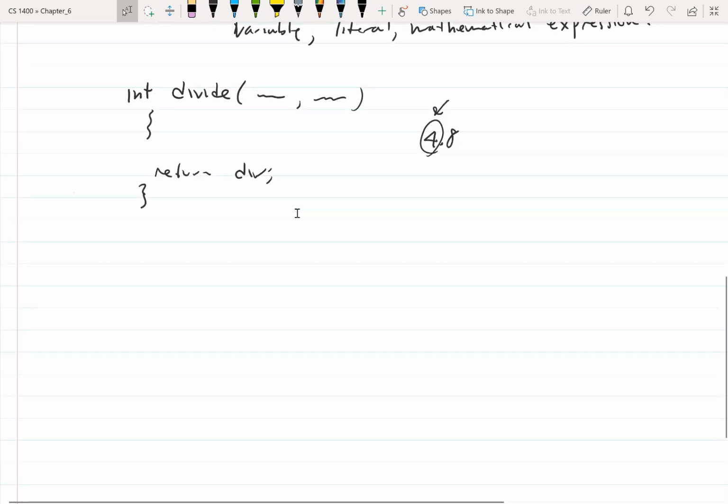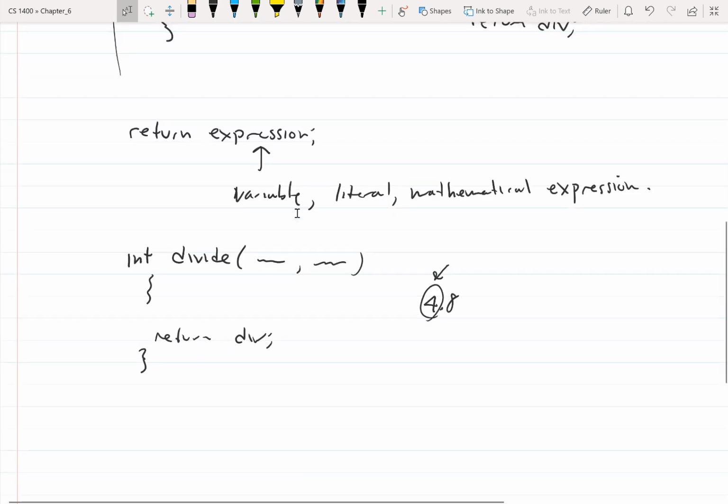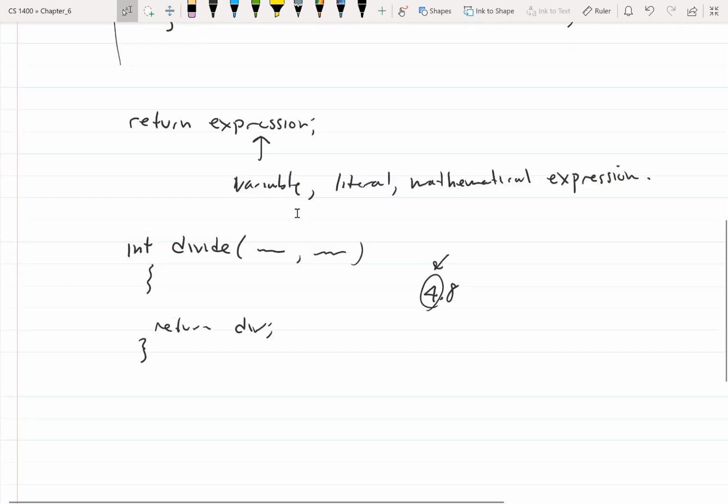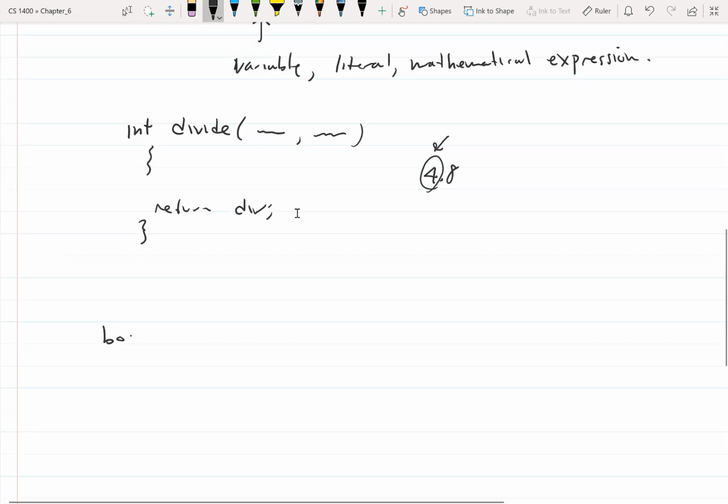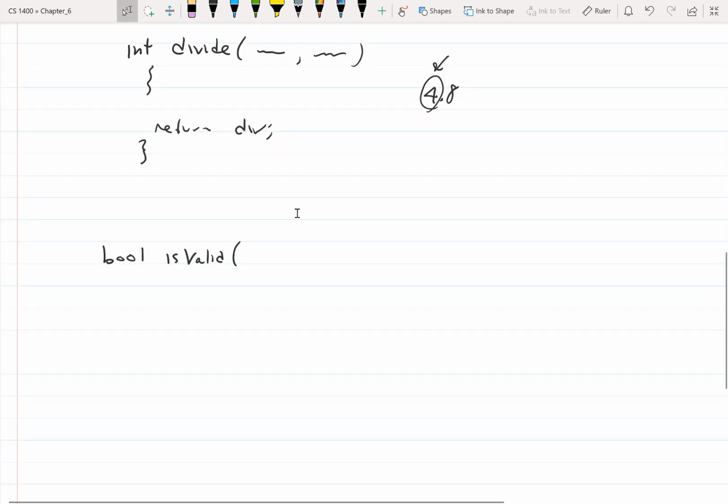So I want to talk specifically about returning a Boolean value. I think int and double are pretty straightforward. The one that can be a little bit more confusing is bool. You can have a function that returns a Boolean value. And remember, a Boolean is just true or false, like a 1 or a 0. So we can do, let's say, bool. The nice thing about Boolean functions is you can check conditions. These conditions that we've been putting in the if statements or the loops, we can use a function to test our condition. So let's say bool is valid,